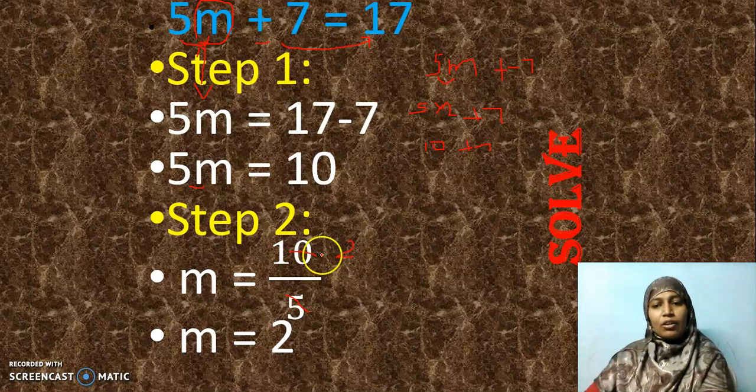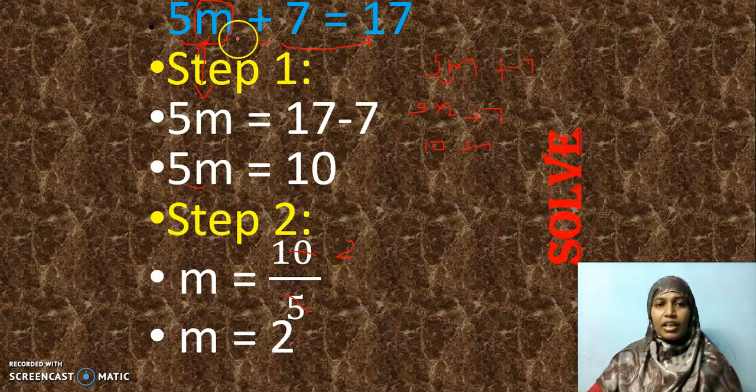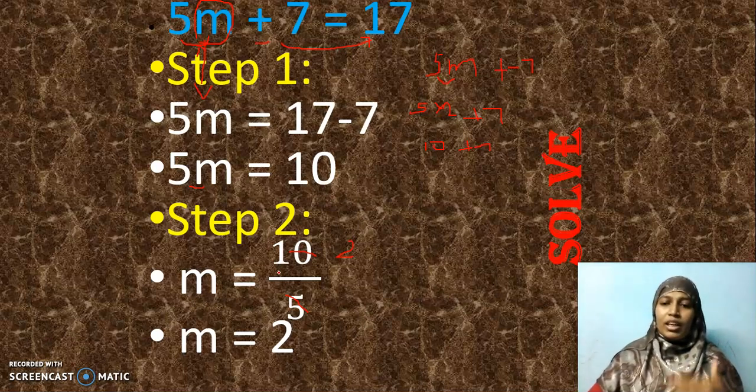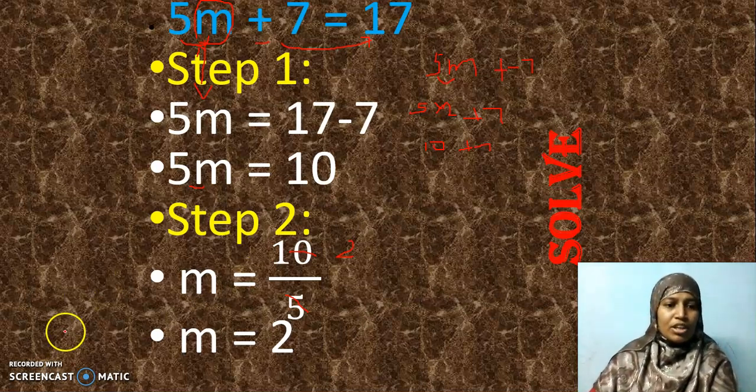So what I can conclude from this problem is, as many operations as there are on the left hand side of that equation, that many steps you will get. Okay, here I had plus and multiplication. So I had 2 steps to do. 2 sums together I am performing. Can I have an equation where we will go in for 3 steps, 4 steps and 5 steps? Yes, we do have. We will do it in later sessions. Is it clear, my dear children?